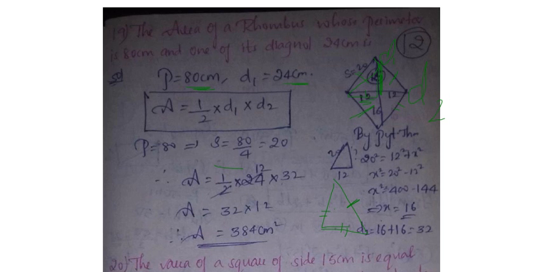One side is 12, so 12 squared plus this side, which we don't know. We need to find that, it is x squared. If you do the simplification, x squared equals 20 squared minus 12 squared. Then x squared equals 20 squared, which is 400, minus 12 squared, which is 144. Then x squared equals 400 minus 144. Then finally you will get the x value, children? 16. We got the x value as 16.